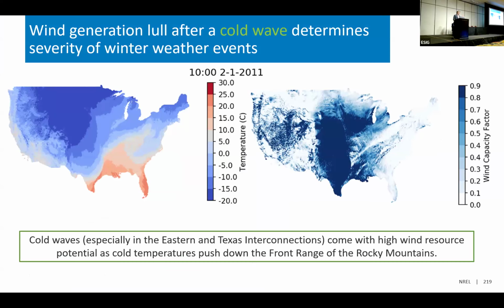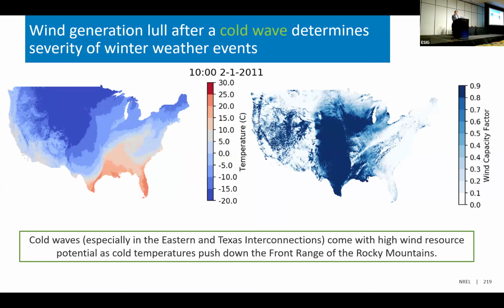So to lead into discussing that a little bit more, I'm going to give an example of how we're starting to think about modeling extreme weather events in power systems planning. Pulling from some work that Justin and I did, I'm going to tell a quick story on this tale of two cold waves and how those look different as we have these higher wind and solar